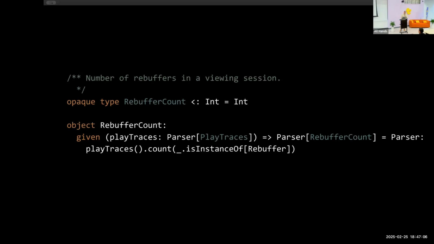Rebuffers. Here I give you rebuffer count. It's not an int. It's actually a case class here, and the case class is called rebuffers. It has a subclass called rebuffers.metrics. It has the count, it has the total duration, and then it has other substructs where it's categorized by whether they're late or early. So an early rebuffer is a rebuffer that happened within the first 30 seconds. That's more acceptable than a late one after 30 seconds. It's unacceptable. So actually it is much more complicated. It's not just a simple count, but the full structure of rebuffering, for example, here.